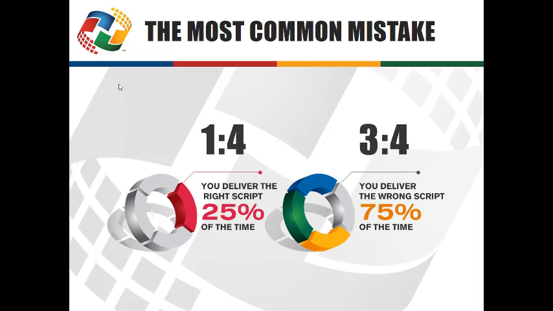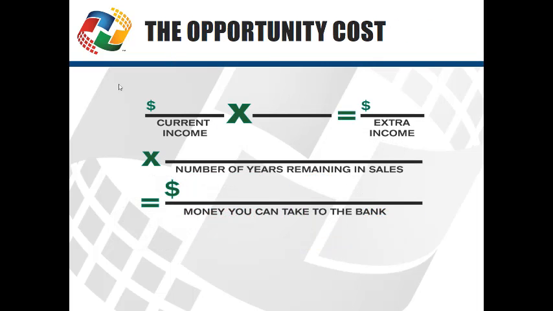That's quite a lot. Now, that may be one of the very significant reasons why sales is so difficult and why so many people hate selling, because they don't know what's going on. So there's actually an opportunity cost that's involved in this. This is a complicated equation that's used in sales, but essentially it's current income. For example, let's say your current income is $72,000, and you want to increase your income by 3.